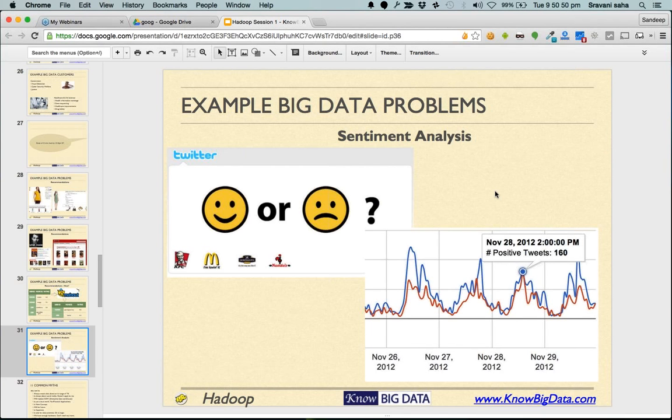Next is sentiment analysis. Sentiment analysis is a very important tool and a very important strategy for any organization. Earlier, a few years back, when social platforms like Twitter were not popular, there was a strategy to compute the sentiment of your product. Understanding sentiment means you launched a product or a new sales strategy and you want to figure out whether it's working or not working.